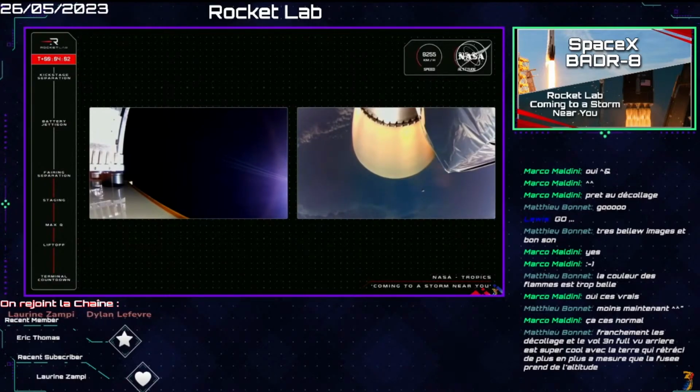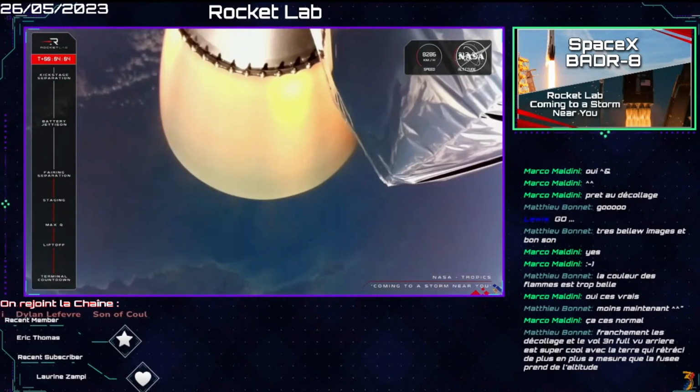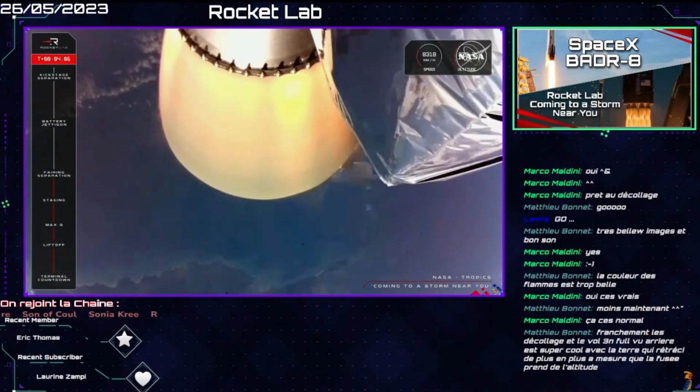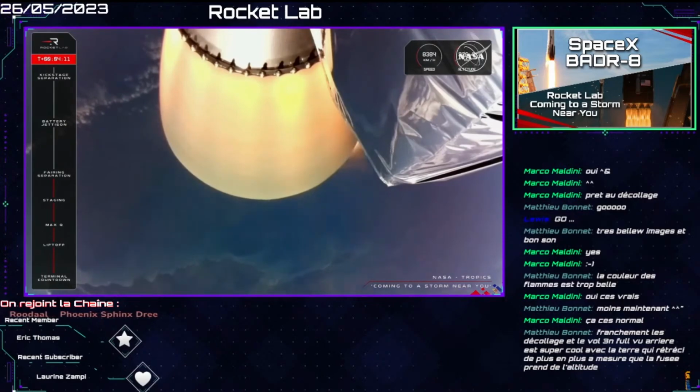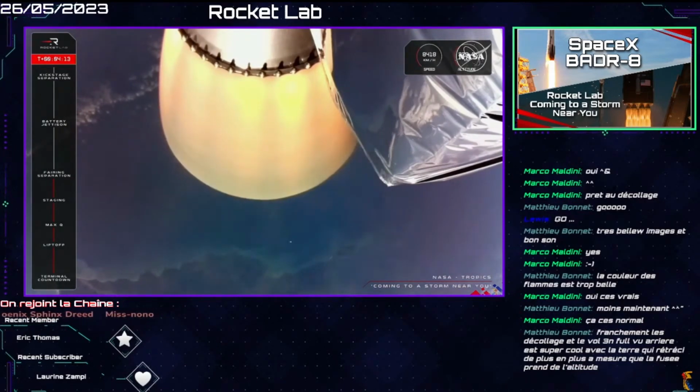Fairing separation successful. And that's fairing separation confirmed. We are at 4 minutes into flight now, and coming up next is a process unique to Electron, battery hot